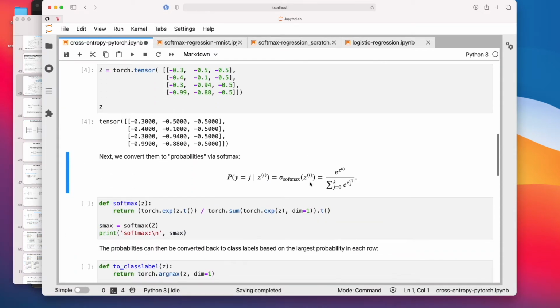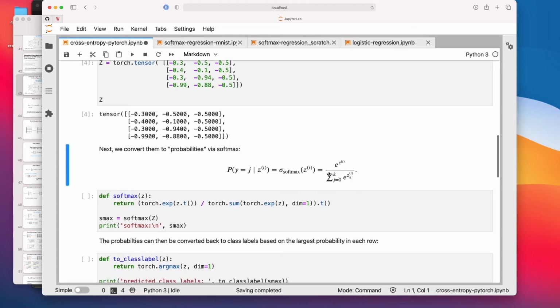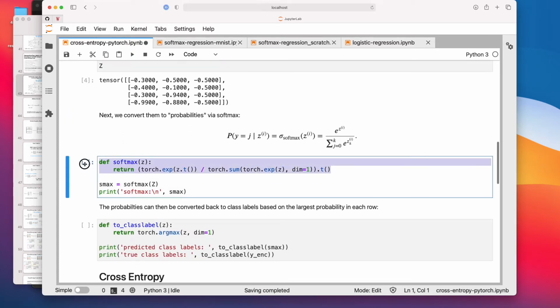So here's just for reference how the softmax function looks. And here's a code implementation of the softmax function. Again, there is actually a softmax in PyTorch, so you shouldn't use your own implementation, because the PyTorch implementation is more efficient, faster, more optimized, but it's here again just to illustrate how it works.